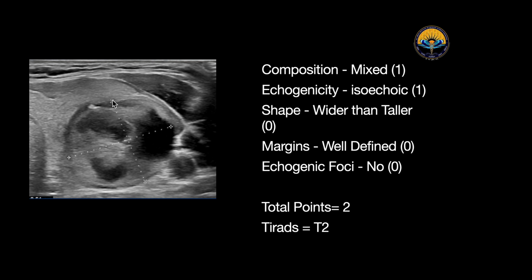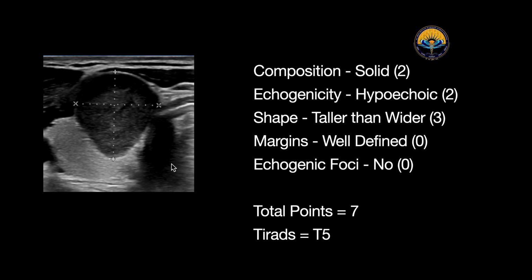Coming to the next example, pause, try it for yourself, and now I will discuss. So this is a predominantly solid and cystic area. So yes, it's a mixed solid cystic lesion, so we will give it 1 point. Echogenicity, we can compare that it's almost isoechoic to the surrounding thyroid tissue, so we will give 1 point. Shape is rounded, 0. Margins well defined, smooth, 0. No echogenic foci seen within it, so 0. So the total was 2 points, which is TI-RADS 2. So 2 points, TI-RADS 2; 3 points, TI-RADS 3; 4 to 6 points, TI-RADS 4.